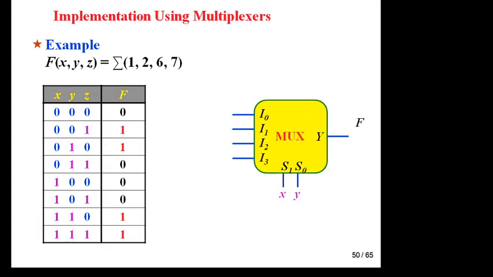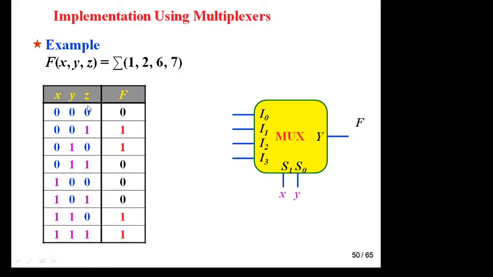Now suppose this is the same question, but now you have to implement this by using 4:1 MUX, not by using 8:1 MUX. What will you do? Because in a 4:1 MUX there are only 2 select lines, X and Y. What will you do for Z? You will get the value of the inputs in terms of Z.